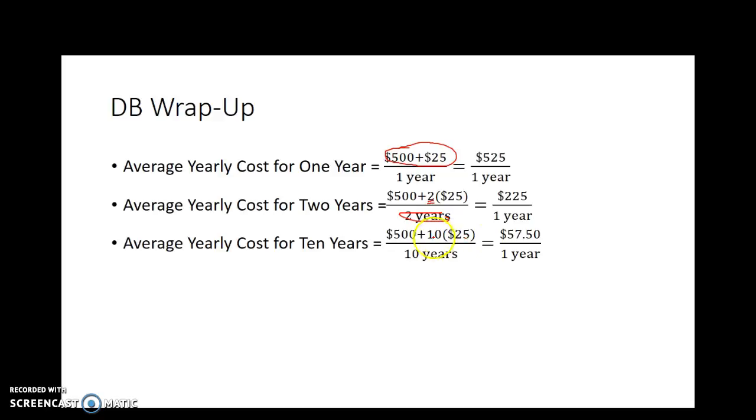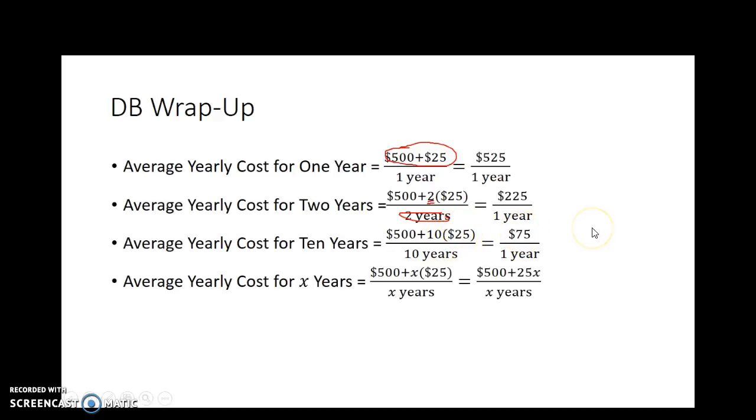Sorry, I think I have this wrong. So 500 plus 10 times 25 gives me $750, divided by 10 years gives me $75 a year. So now let's think about this in a more generic